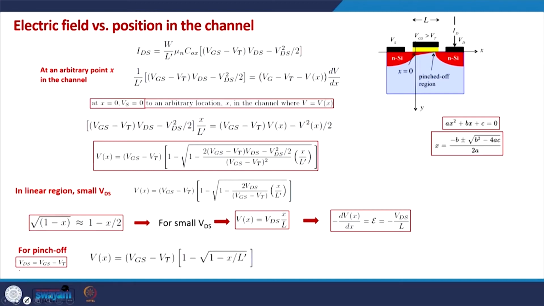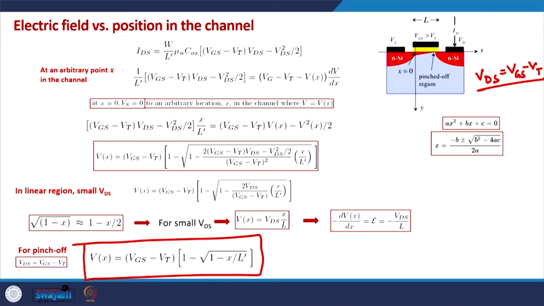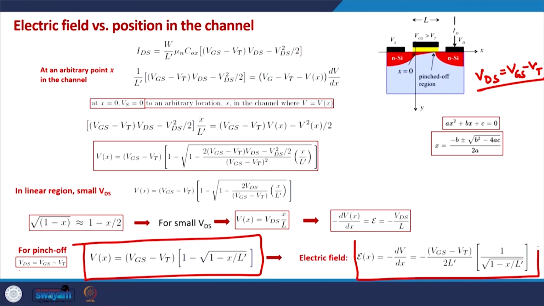And in the saturation region, for example, in the pinch off region, we need to consider the onset of the pinch off. The onset of the pinch off happens when Vds is exactly equal to Vgs minus Vt, and at this voltage if we put in the Vds value, then this simplifies to this point, and it means that the electric field can be given by this expression. So as you can see, in the saturation region the electric field is no longer constant,